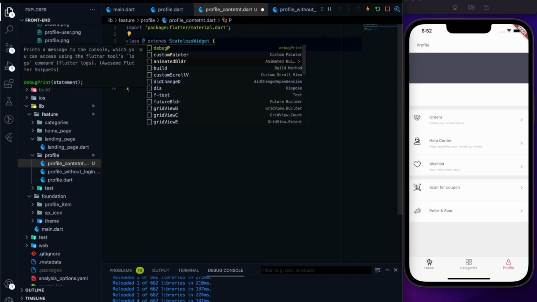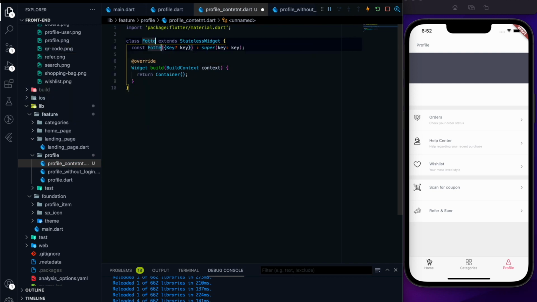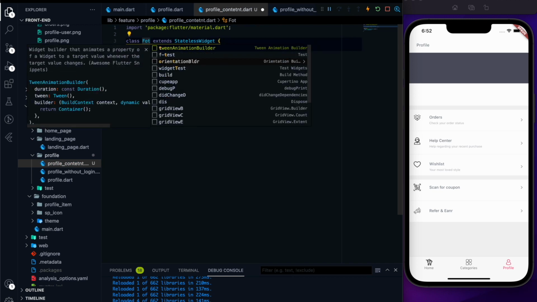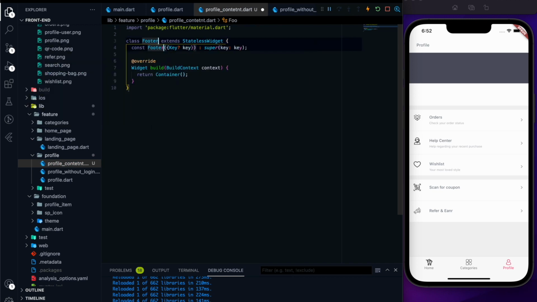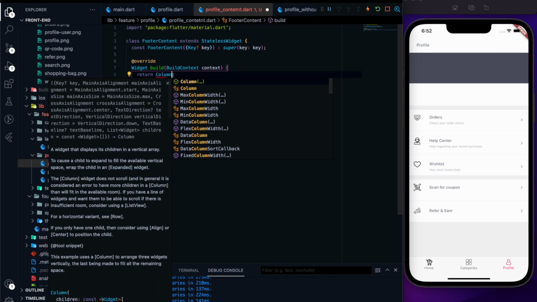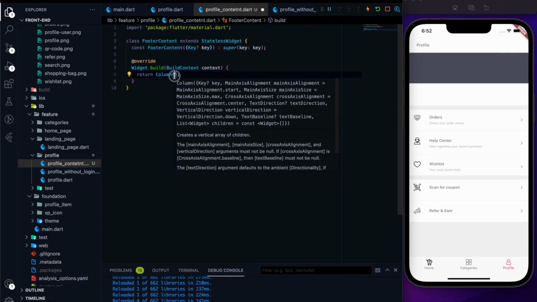Profile content, or footer content will be a good name, so I will name it footer content, and I will need to return a column from here, and inside the column we will need